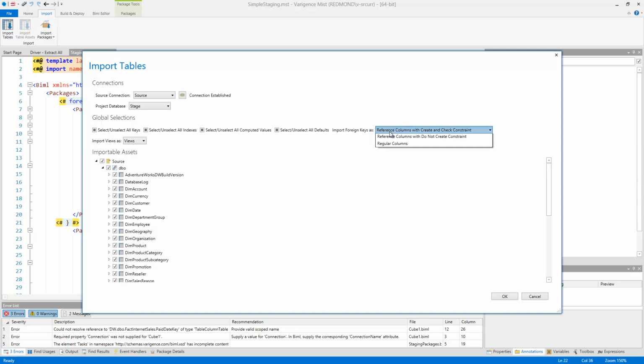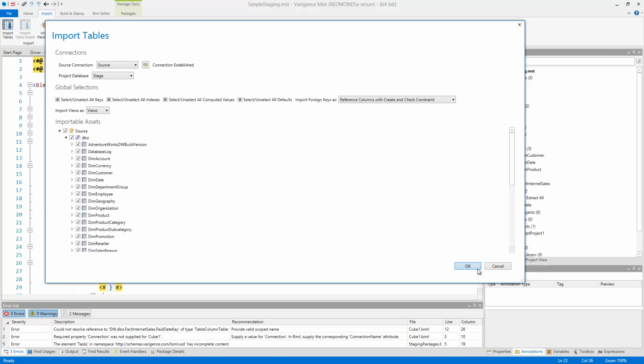And I can do things like say, do I want to import foreign keys or not? Do I want to import views as tables or as flattened out as views or as flattened out tables? I have a bunch of options here, but I'm just going to leave the defaults for now. And then I'm going to click on OK. And what you're going to see happen are two great things. The first is you're going to see a dialog box pop up with progress on the import. The second thing that you'll see is where it currently says ready in the very lower left-hand corner of the screen, it's going to change to say background parsing